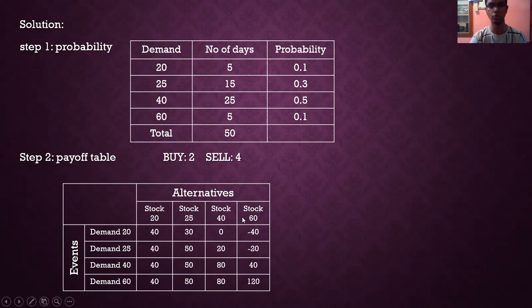So 20 into 2, the profit for each unit will be 2, right? So 20 into 2 will give us 40. So now we have a profit of rupees 40 and the remaining stock which is unsold is 40, right? So for each unit the loss is 2. So 2 into 40, 4 2s are 8, so 80 is the loss. So 40 is the profit, 80 is the loss.